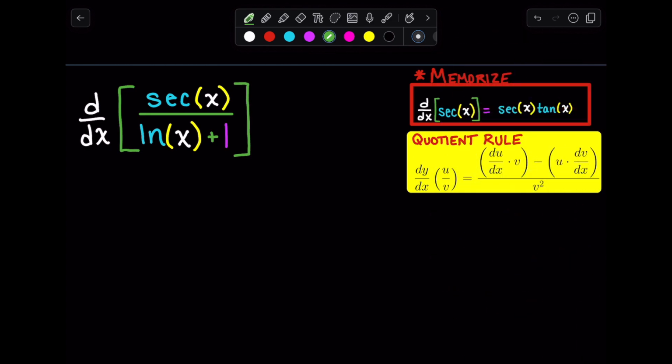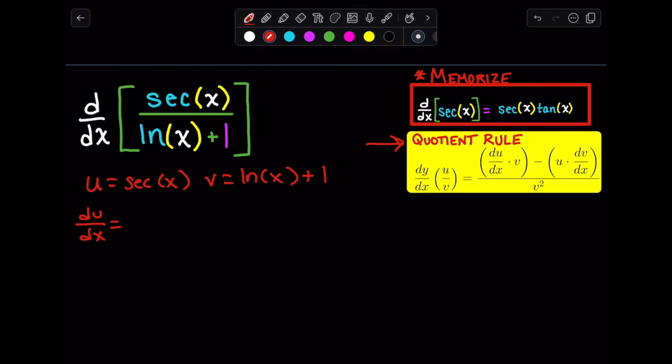Moving on to problem 2, I once again wrote down everything you need to memorize and the formula you need to apply for this problem, so let's get right into it. We see that we have one term over top of another term that we must take the derivative of, which is a surefire sign that we need to use the quotient rule. So let's do that. u equals secant x, v equals the bottom term, ln x plus 1,